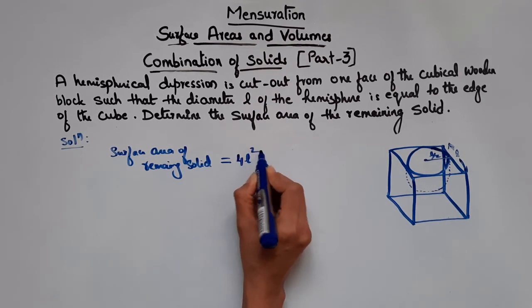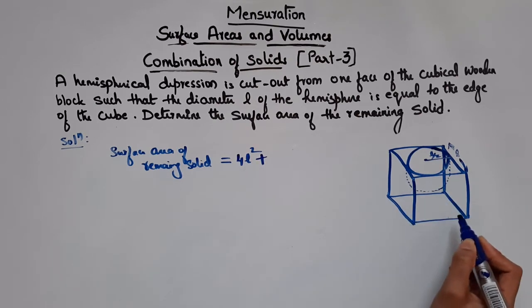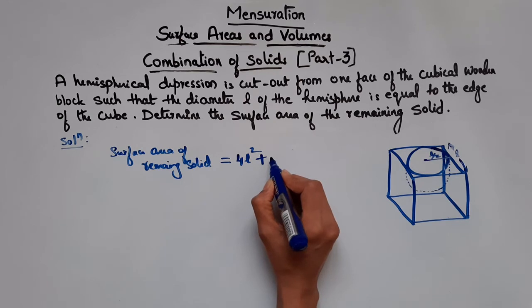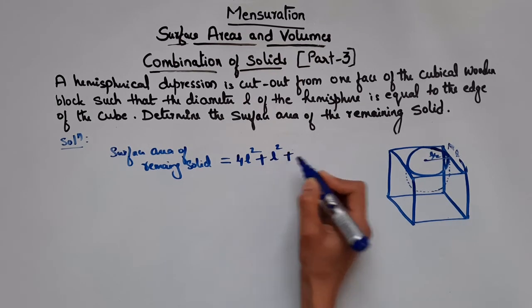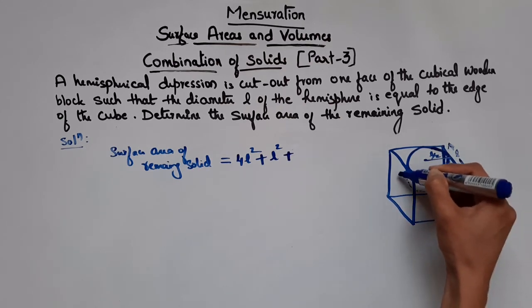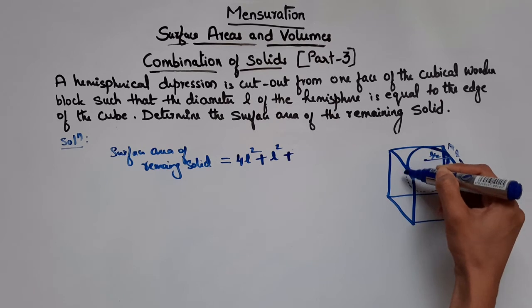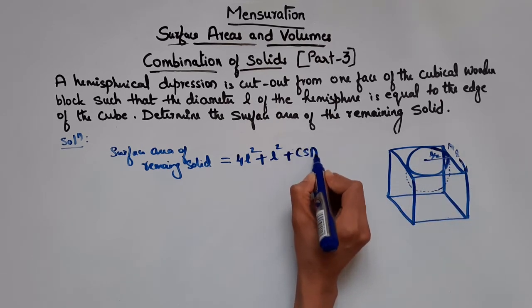So 4L square plus you can see the base of this cube, which is also a square. So the area of this square is a square, which means L square. Side is L, right? Plus if you see from the top, you can see this part, right? That is the curved surface area of this hemisphere. So the curved surface area of the hemisphere